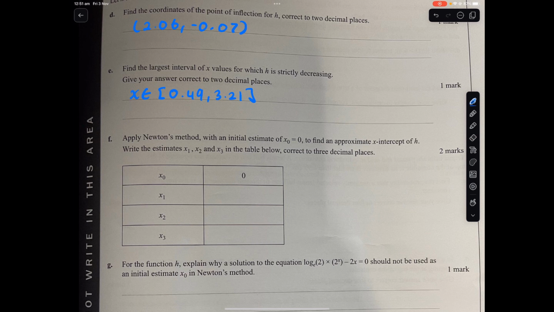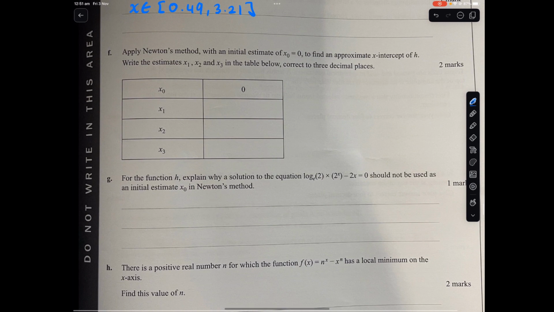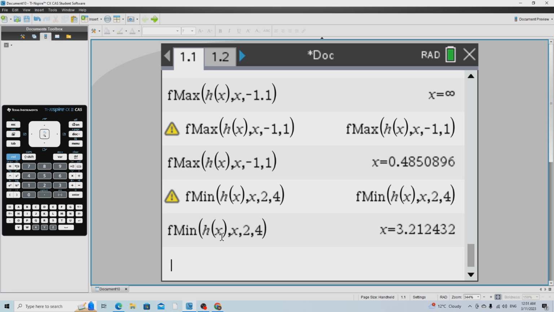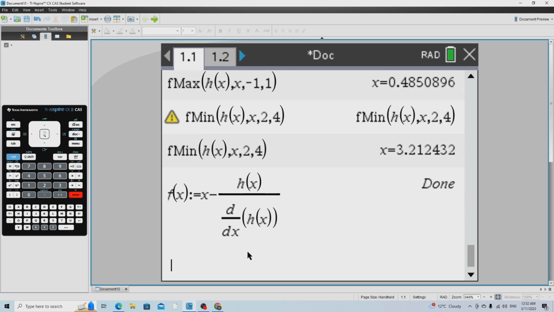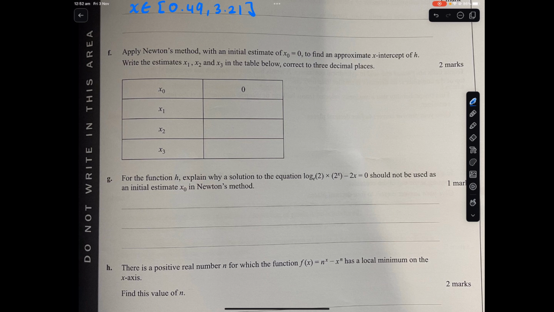Apply Newton's method with an initial estimate of x0 equals 0 to find approximate x-intercepts for h. Write the estimates of x1, x2, x3 in the table correct to 3 decimal places. Okay, not too bad. I know h of x, luckily. So I'm going to say f of x, because f of x has no actual function. I can make f of x as a generator for values for Newton. So x minus h of x over the derivative of h of x. Perfect. For the first one, I want x1. So I'm going to write f of the first value, which is x0, 0. If there's one f, it means the x1 we're trying to find. Control enter, it gives you this value. So to 3 decimal points, that's negative